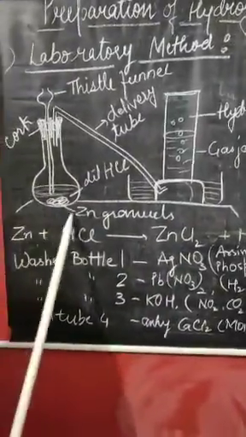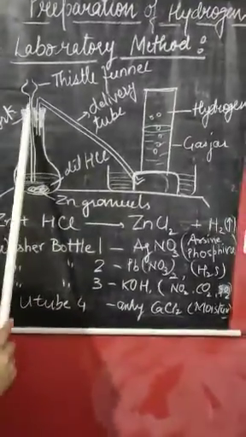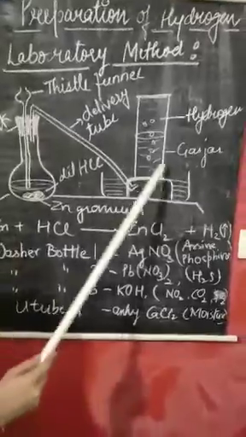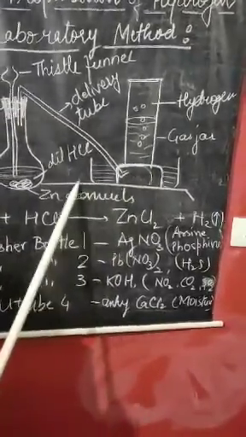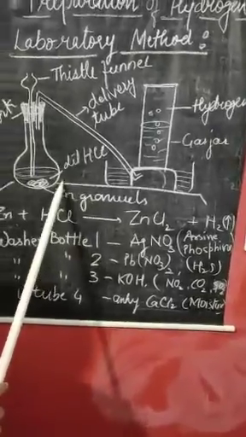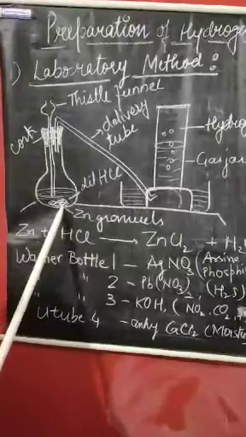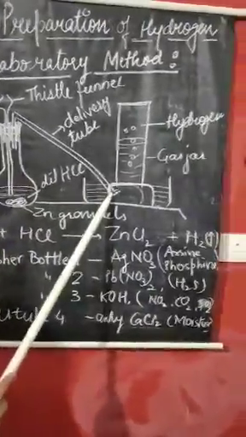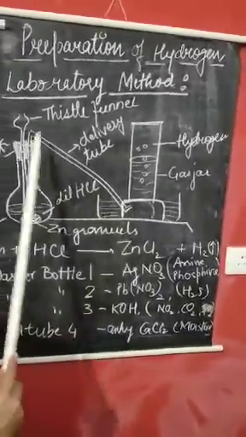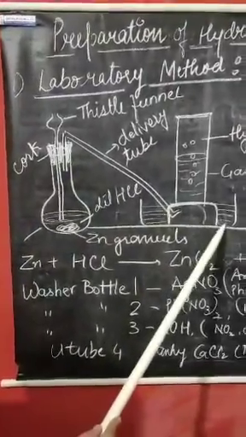need a round bottom flask, then a delivery tube, a thistle funnel, and a beehive shelf, where you have to arrange these substances. In this RB flask, or round bottom flask, first you fix the delivery tube which is connected to the beehive shelf, then you connect the cork. After that you seal this part, and in the beehive shelf you add water.